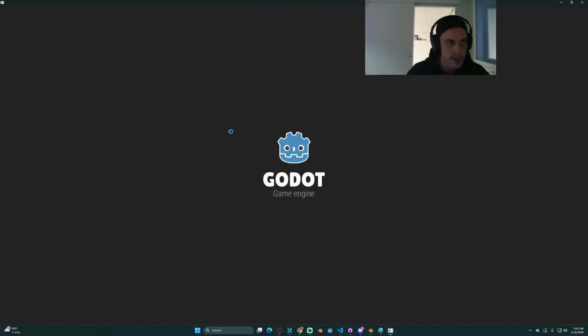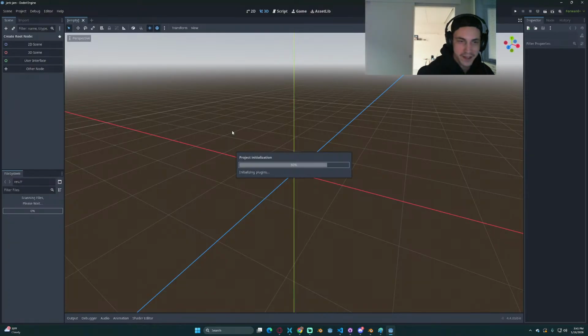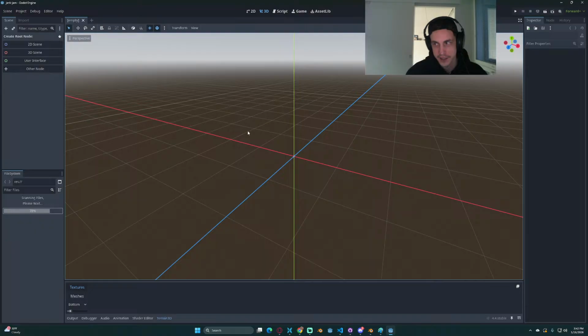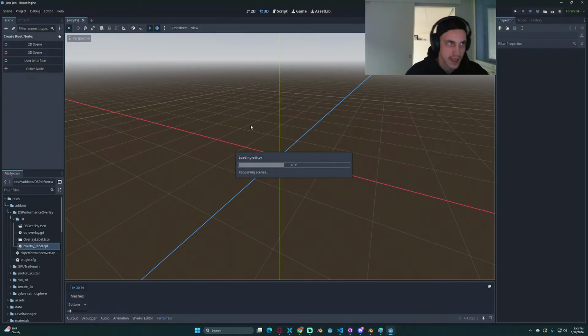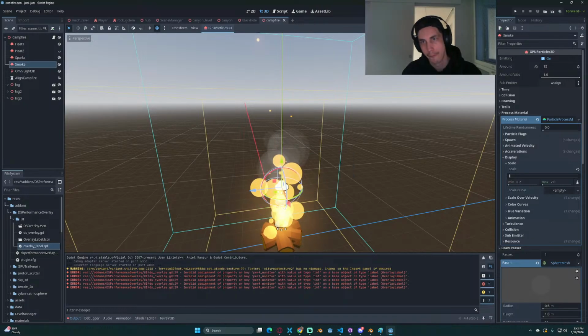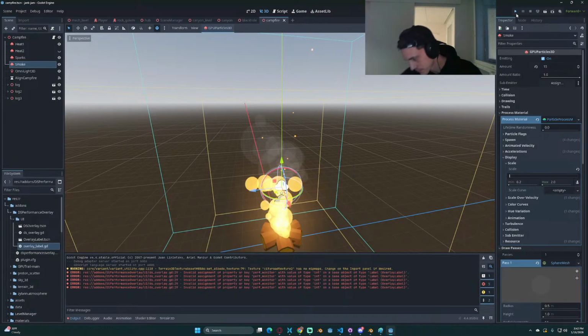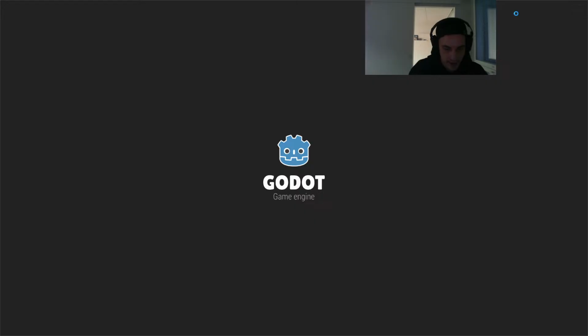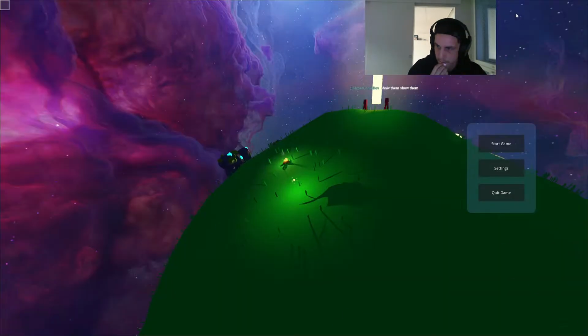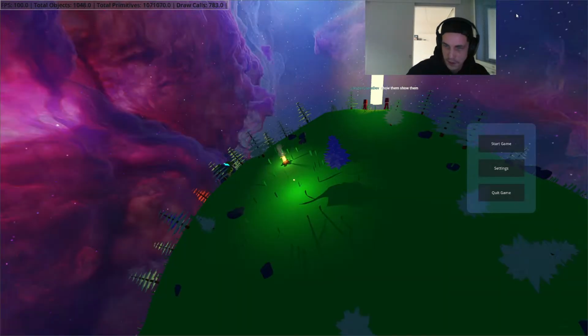For anyone who wants to see any of my other random projects that I've started over the past couple months, there's this one too, which is not even really a game, it's just a visual thing. I'm going to pull some assets from it. As you can see, I already pulled the fire from it. Okay, so this one was going to be more of a